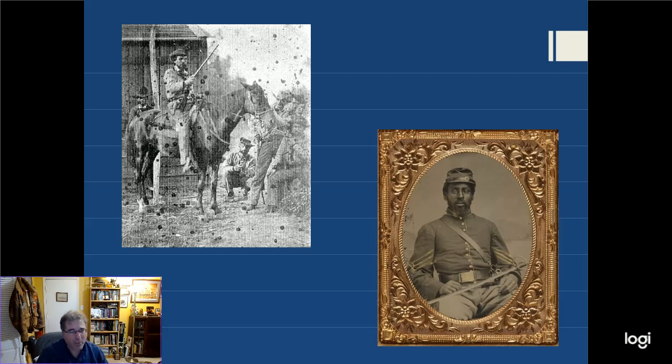A captain would command each company, and then a colonel commanded the regiment. And two of the primary jobs of cavalry during the Civil War: they served as scouts. They were the eyes and ears of the army. They went out in front, made sure an army didn't blunder into a trap, and knew what they were